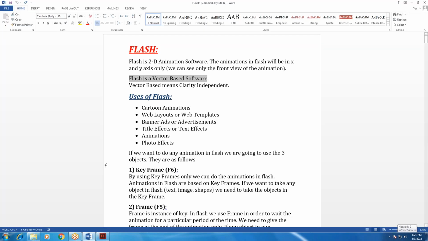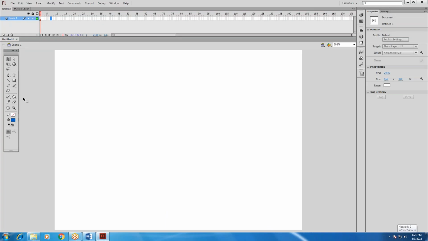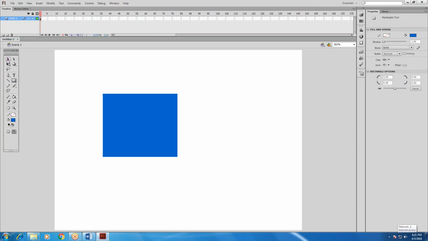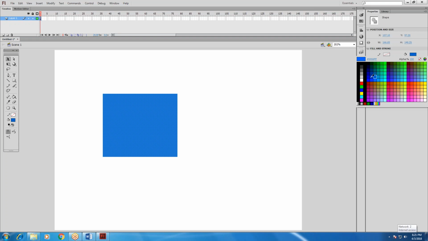Using Flash, here I want to take one image, any one image. I want to drag it. I'll change the color. If you select it, you can change it to whatever color you require.